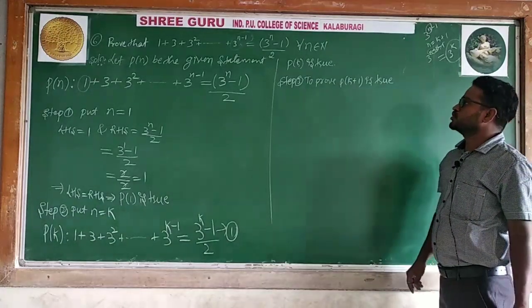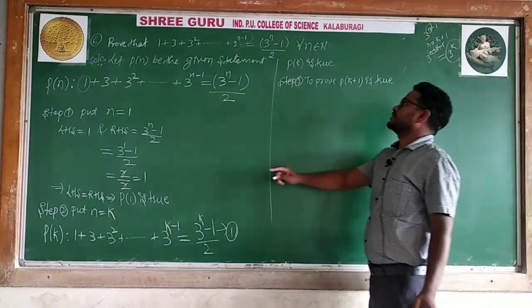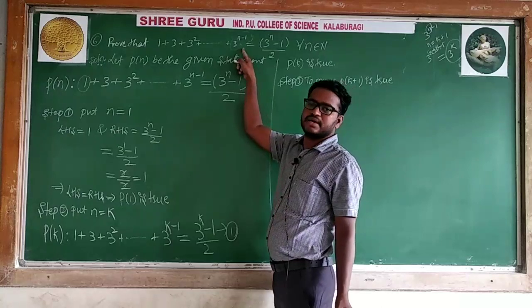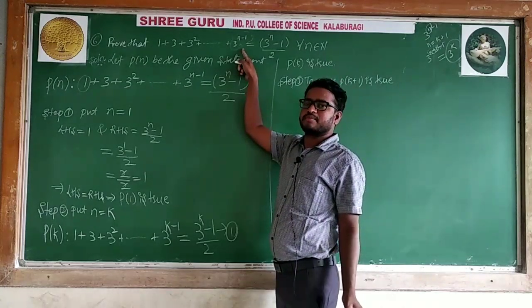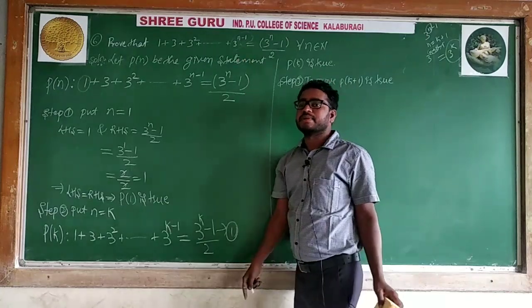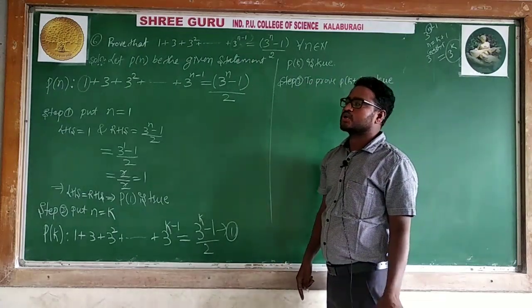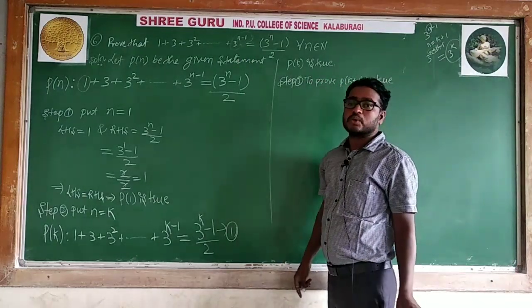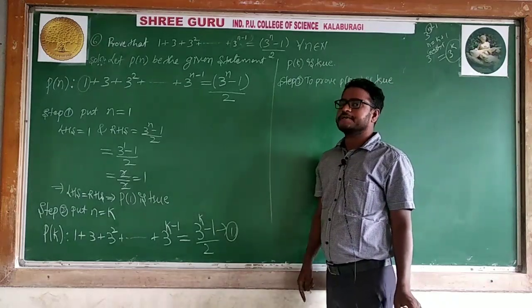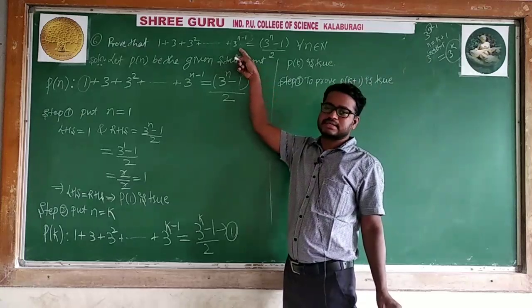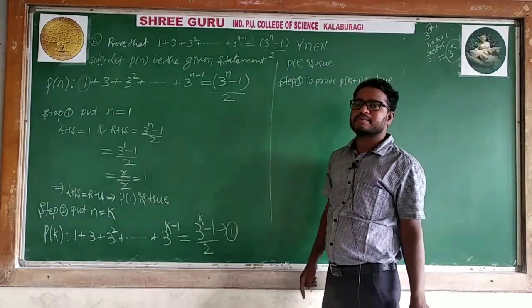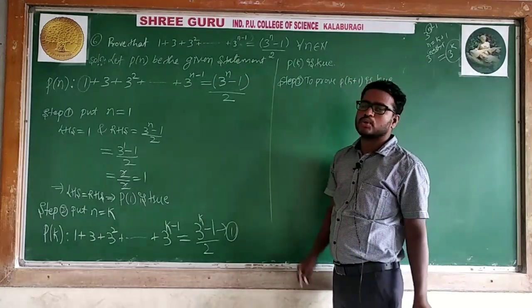Means if you want to add, that term depends upon this last term. In the first problem, n is replaced by k plus 1. In the second problem, n square, where n is replaced by k plus 1, so (k plus 1) whole square you added. In the third problem, n cube, in this case the last term, n cube can be written as (k plus 1) whole cube. That (k plus 1) whole cube you added.